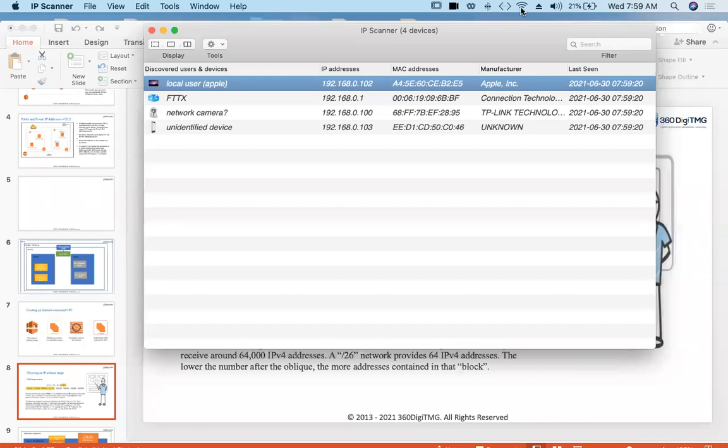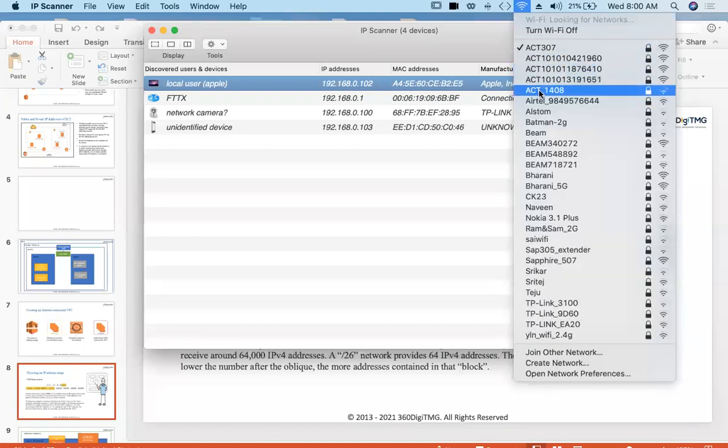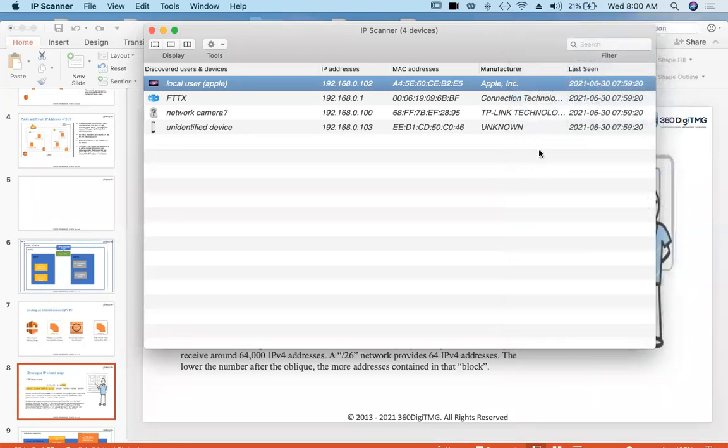Previously it used to be one big whole network operated by a single router. When I connect a new router in the same network, I am splitting my network into 2 parts, and our other router is this one. Let me show you.